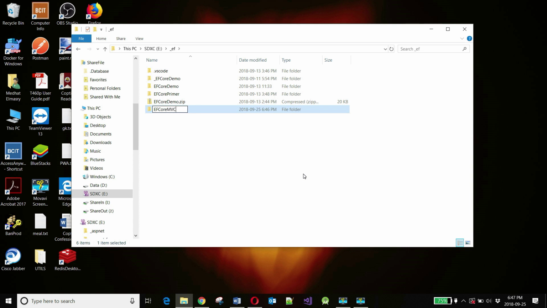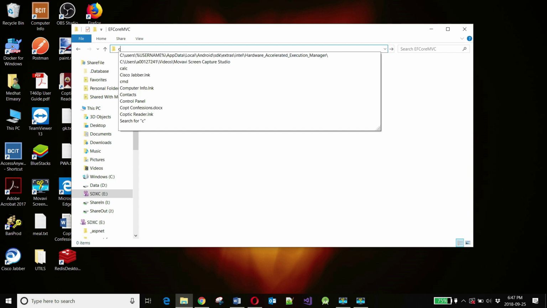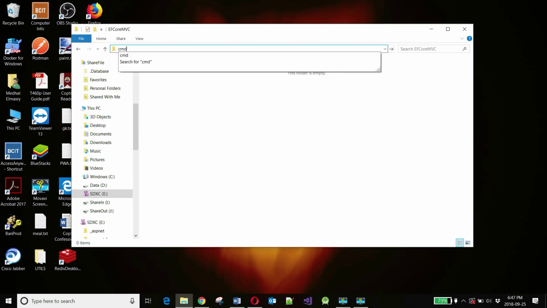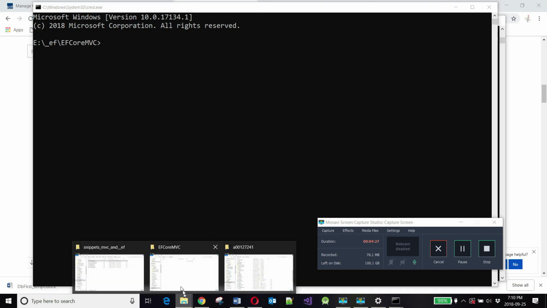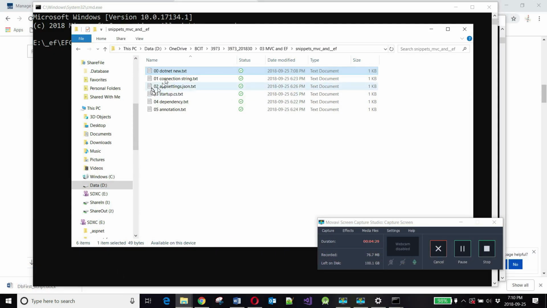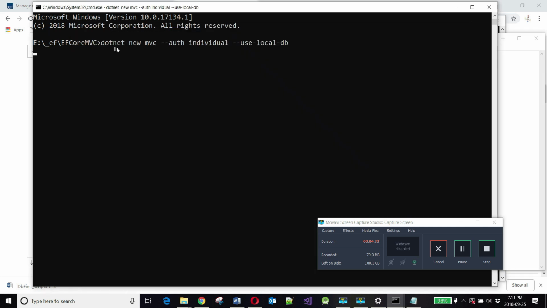MVC, and we're going to go into a command prompt in this particular folder, and I will execute this command, and this command